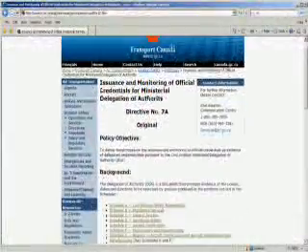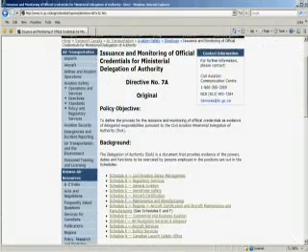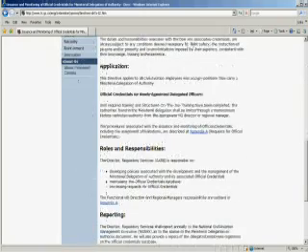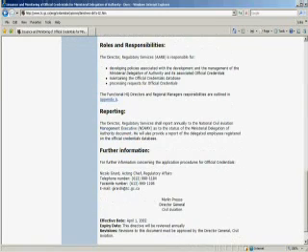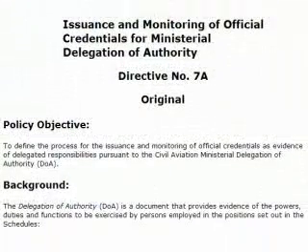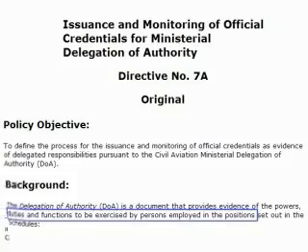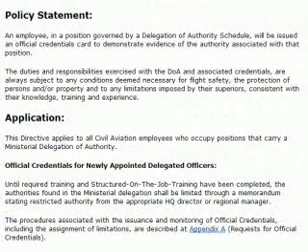So the post draws eyes onto this directive about the issuance and monitoring of official delegations, because the medical issue is unresolved with who has delegations to speak for the minister. So the monitoring of official credentials for delegation of authority is based on, for one thing, the knowledge, training, and